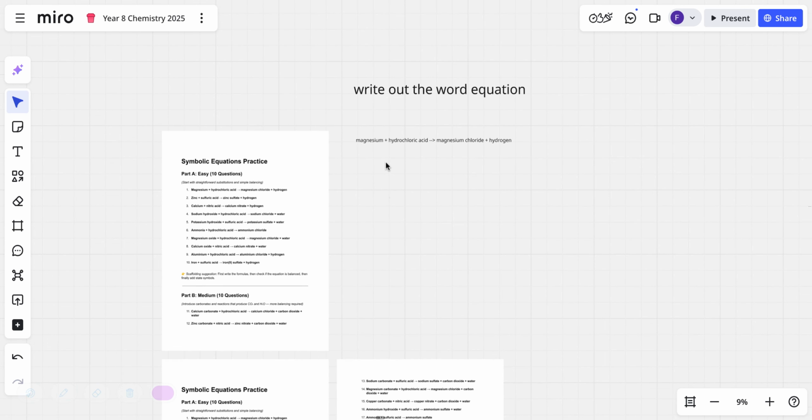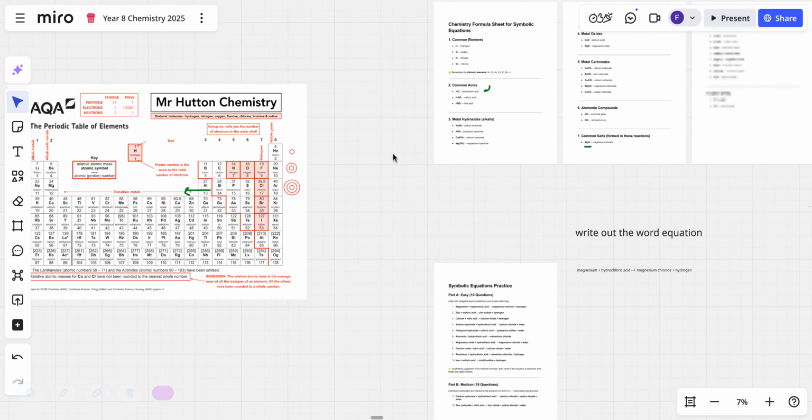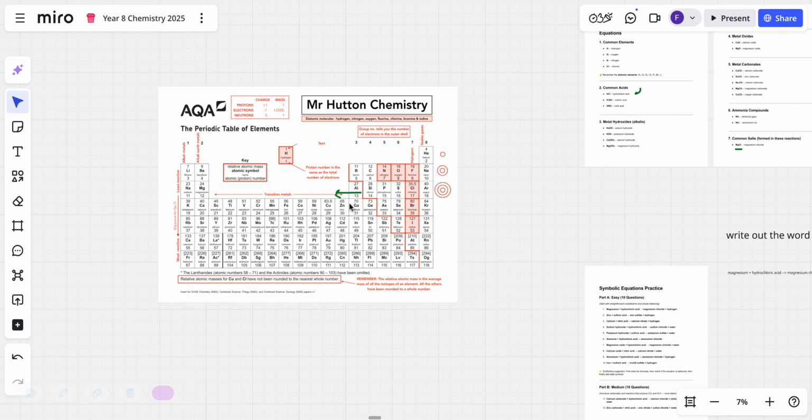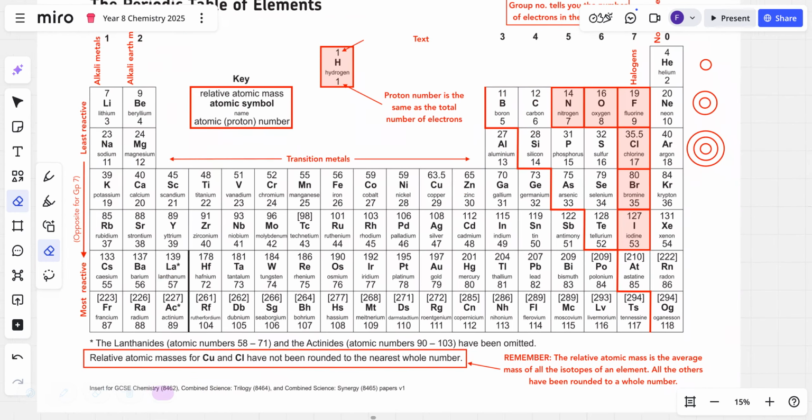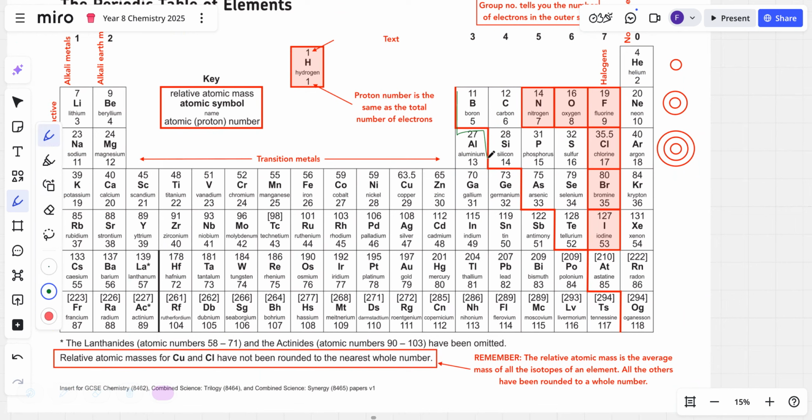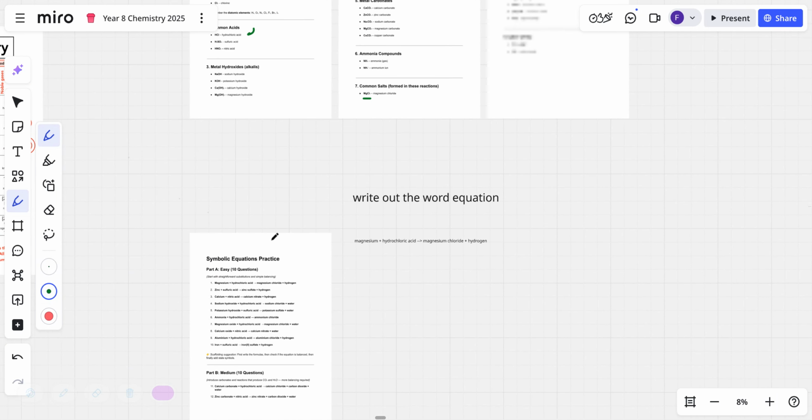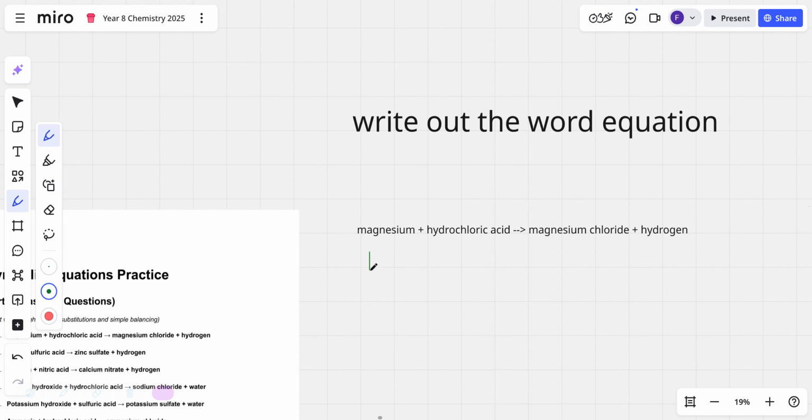Okay, so first things first, it's magnesium and magnesium by itself. And I've put Mr. Hudson's annotated periodic table here because I just think it saves so much time for me annotating it. And I think he's a dude for saving me time. So everything to the left of this red line here is a metal. So we look for magnesium and we go, aha, there it is. And the symbol is capital M, lowercase g. And that is really important. You can't have big M, big G, or little m, little g, or little m, big G. It must be big M, little g. All right? And this is what we call convention, the rules, and it all makes sense bit by bit. So Mg